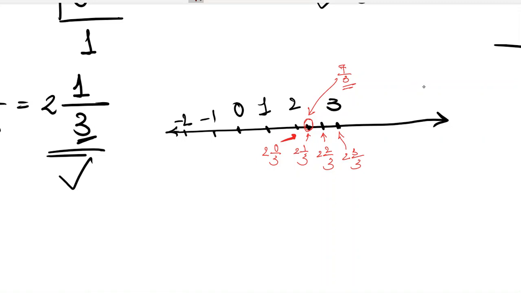Right? So you can also do it in one more method. I can show you one more method for doing this. If you find this confusing, I have one more method for you. So let this be 0, -1, -2.